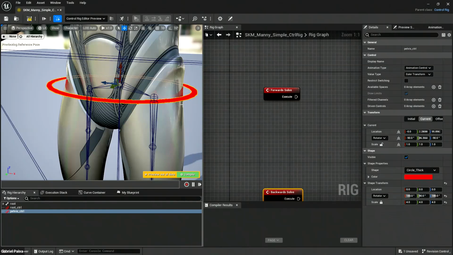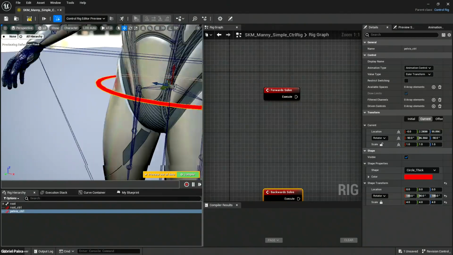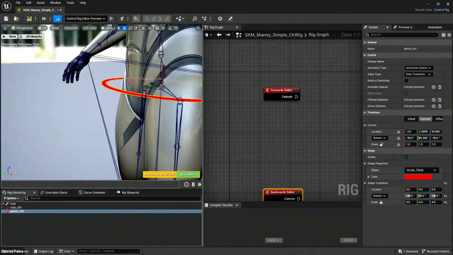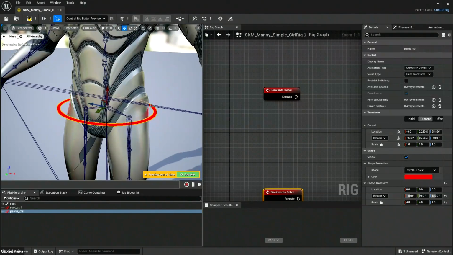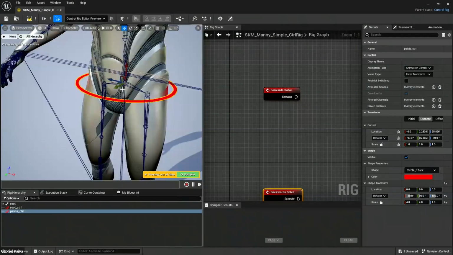So that means that this control, when I create it under the pelvis, now has the exact position and rotation of that pelvis and the actual orientation of that pelvis. So I don't want to go and mess about with the actual transform. I just want to transform the shape of it, right? Let's say that one is the actual control and the other one is the representation of that control, right? Hope that is